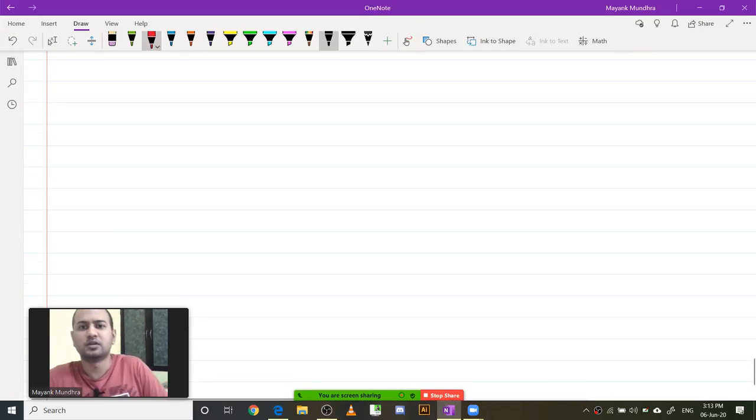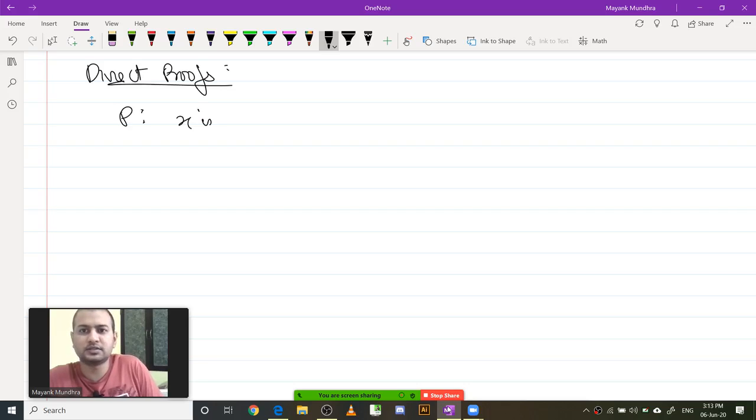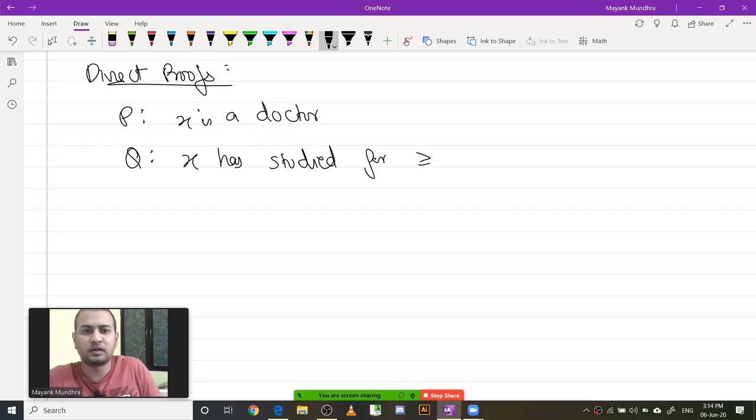Okay, so I am doing direct proofs. Statement P is X is a doctor, and statement Q is X has studied for greater than or equal to 15 years. Okay, so this is what I want to prove.